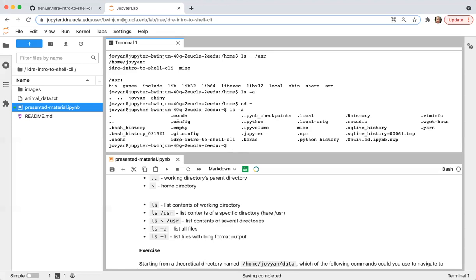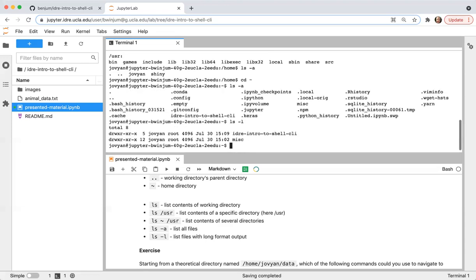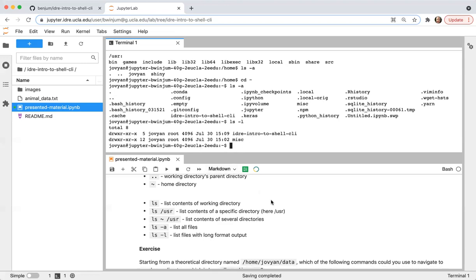There are various things here which you don't necessarily have to worry about interacting with when you're just working with your user files, but you might have to worry about them if you're concerned about the configuration of your system or your environment. So ls -a will list all of the hidden files in addition to your regular files. And ls -l will give you more verbose listings of the particular files that are here. I'm going to leave it at that for the moment because I'll talk about this after the exercise.